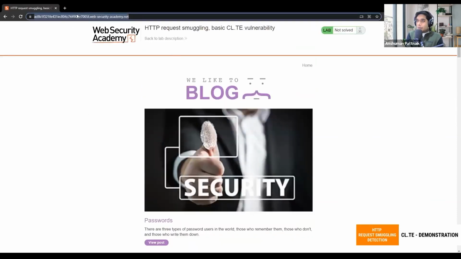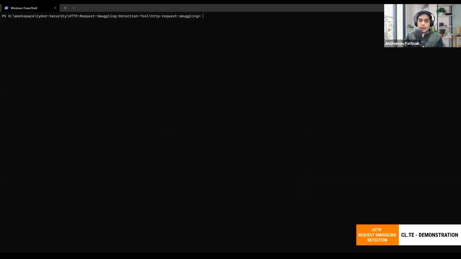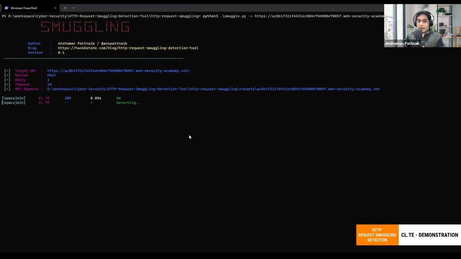To test any URL, we just need to copy the URL, then go to the tool and enter the command python3 smuggle.py -u and the target URL. Once you hit enter, as you can see, it started applying the permutes one by one.